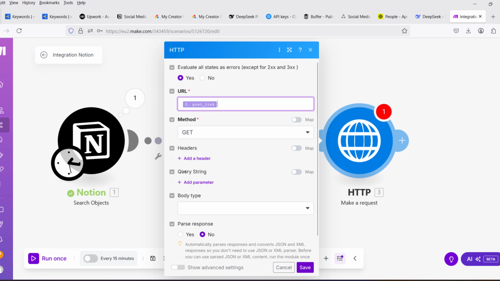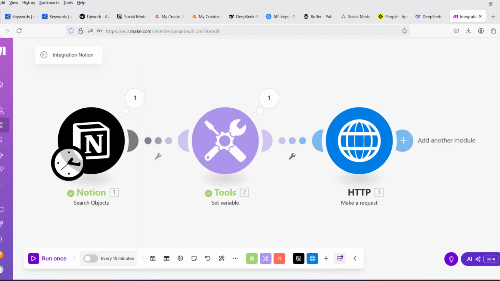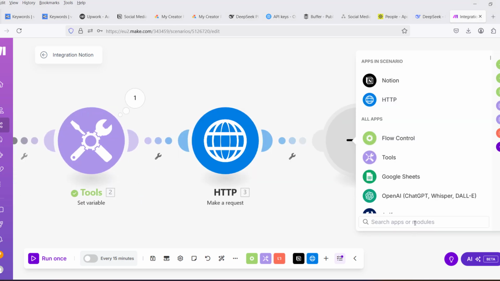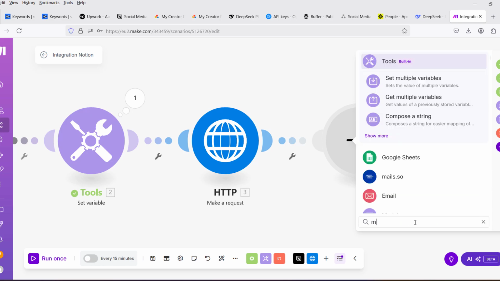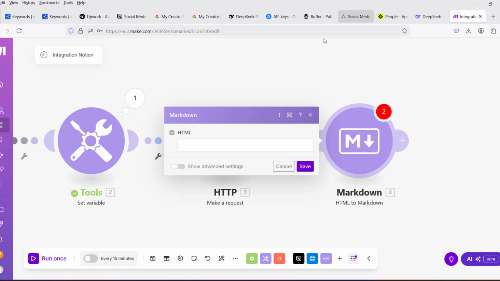Usually, if you have some issues, you just add a header where this will interpret the user agent. But in our case, there is no need for it. And hit save. Next thing is to pass this to Markdown. So why Markdown? We will have a bunch of this HTML, which is hyper huge, and we just need to pass,